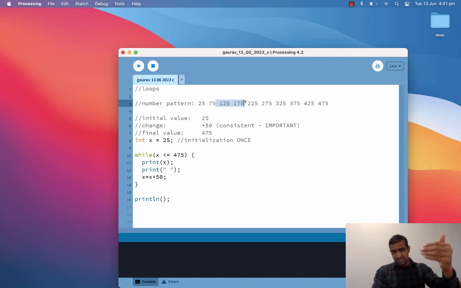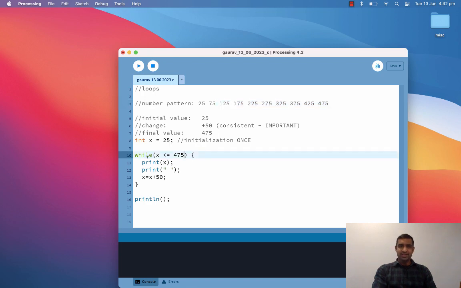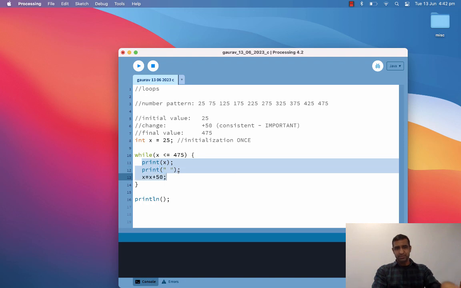Yes. So it will go to 175. Similarly, 225, 275, 325, 375, 425, 475. When x is at 475, it is still less than or equal to 475, so it will still display 475, display a space, and increase x to